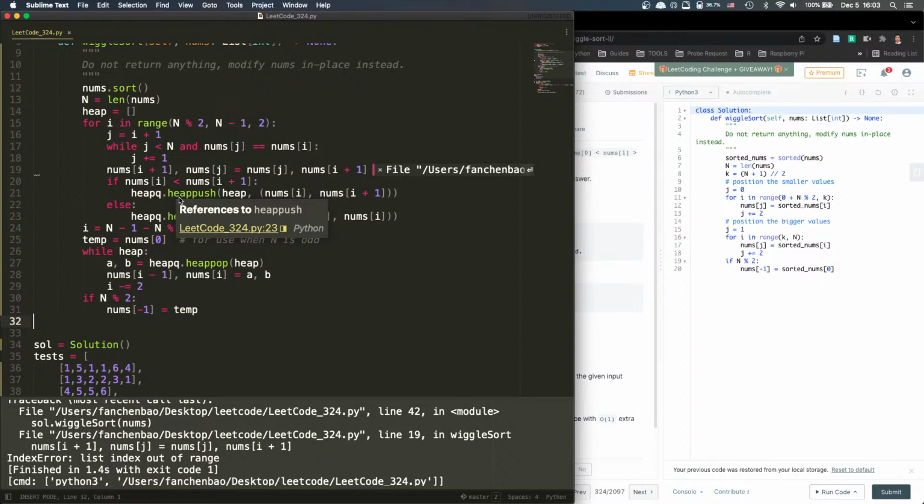Okay, let's do another type of swap. Let's say they always swap with the last value. Hold on. All we want to do is to make sure that we do not have duplicates, right? What about if we put them into a counter? 1 is 2, 2 is 2, and 3 is 2, right? If we put them into a counter,